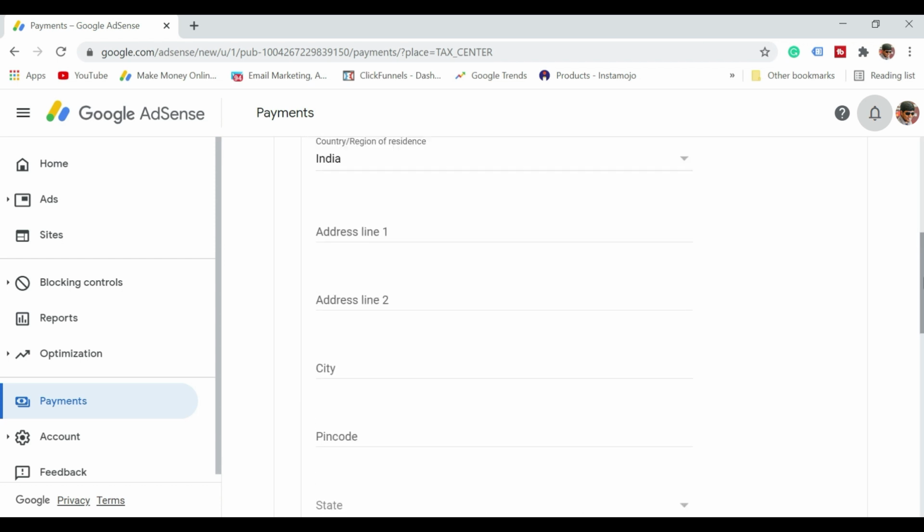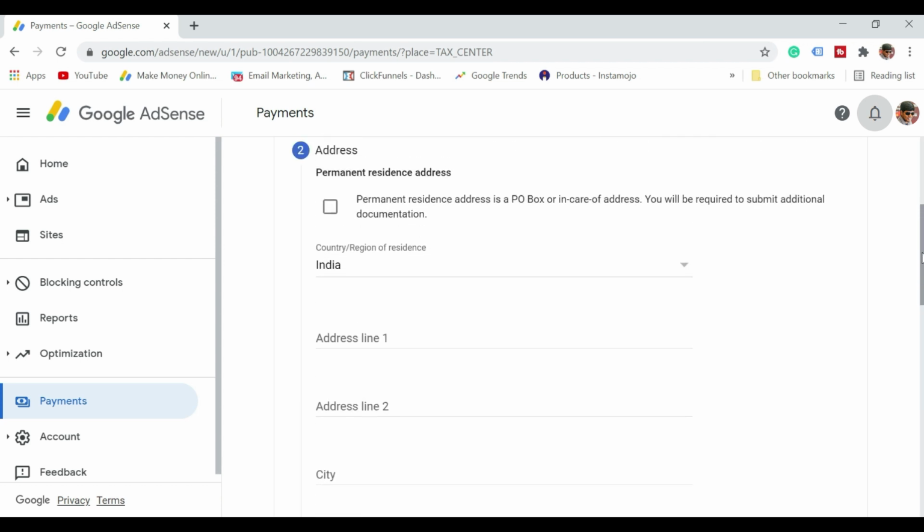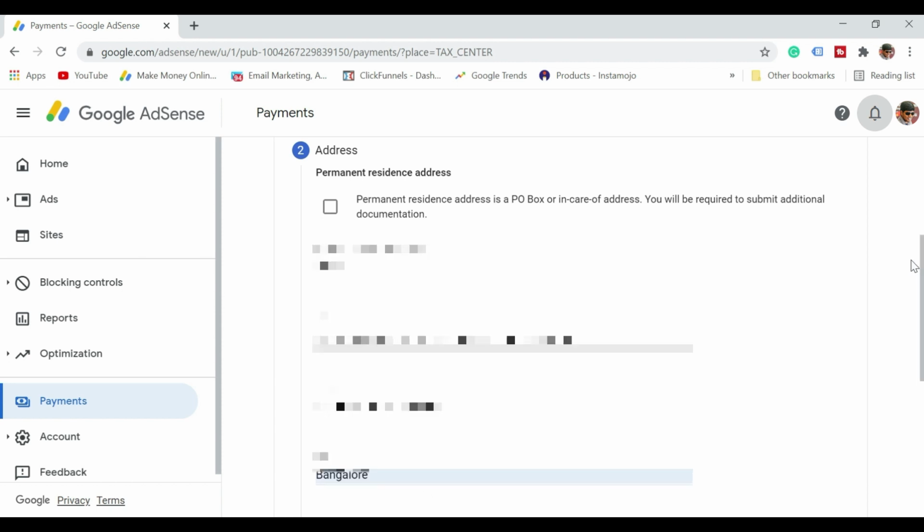Now next comes the address part. So enter the address here. Let me just fill that. One most important thing to remember while entering this address is make sure you are writing the same address that is already there in your AdSense account. For you to get that address, just go to the payment section and you should be able to find it at the bottom. You just have to click on that and you will be able to get the address that you would have entered.